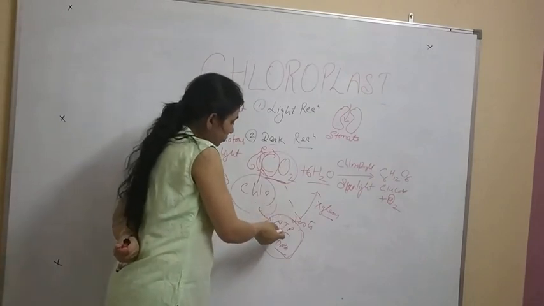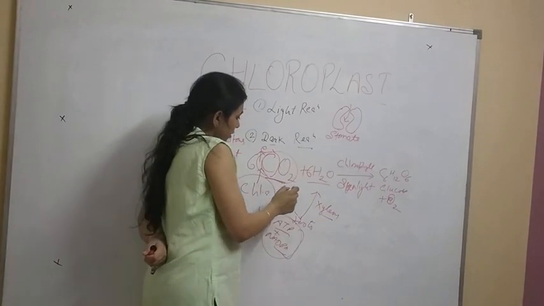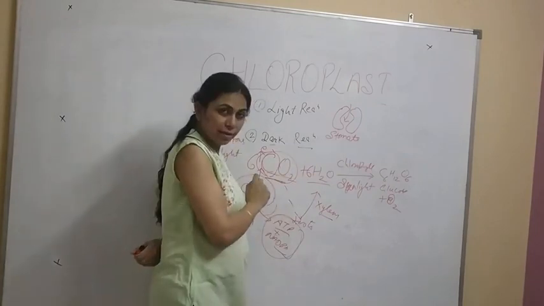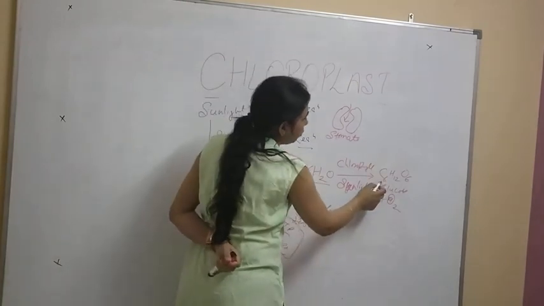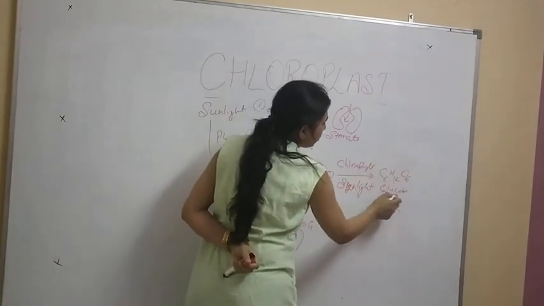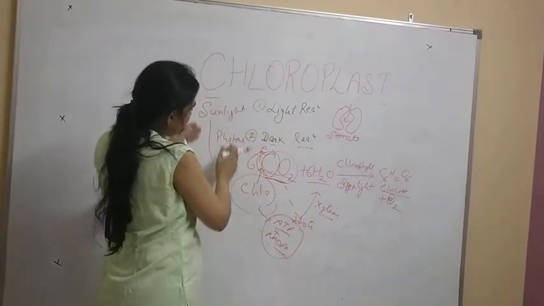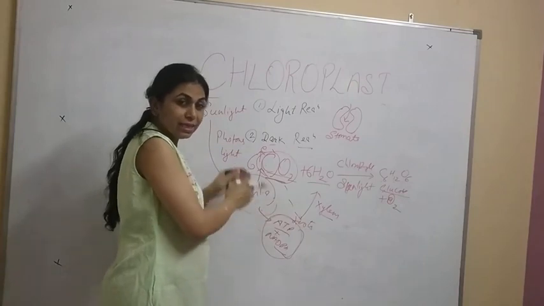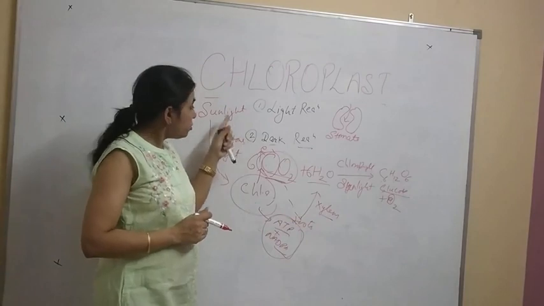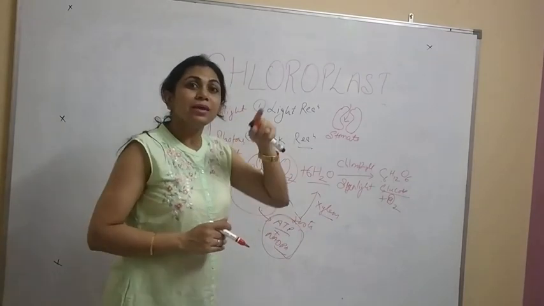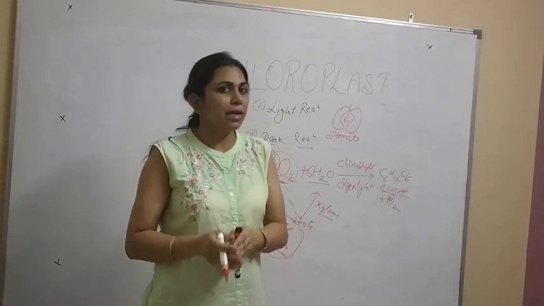So with the help of ATP and NADPH, the reduction of carbon dioxide occurs, hydrogen is added, and then this CO2 is converted to C6H12O6, that is, the glucose molecule. So this first step, sunlight captured by chlorophyll A, is dependent on sunlight, right? This reaction occurs in the granular region where chlorophyll is present, and it is called the light reaction.